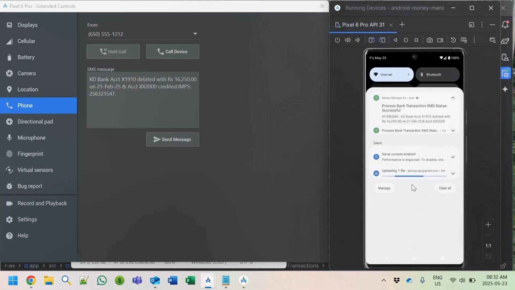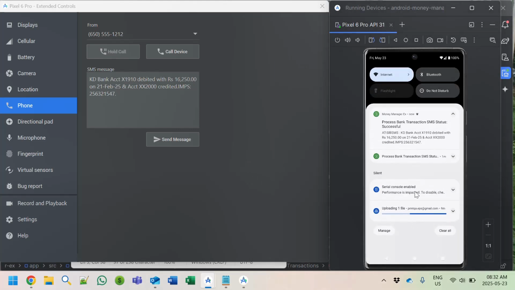Let me pull down the notification area. So this is the first one. This is the second one that we have sent for the 1910. This is successful. Just click